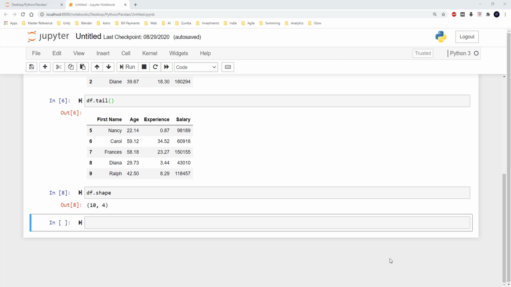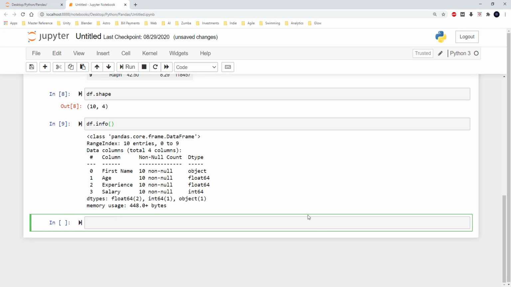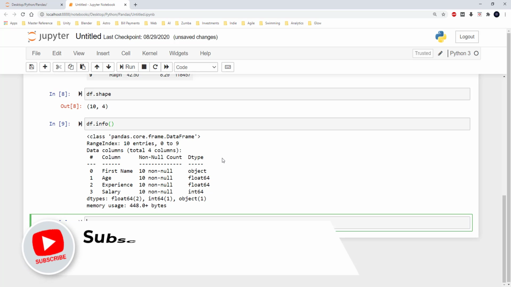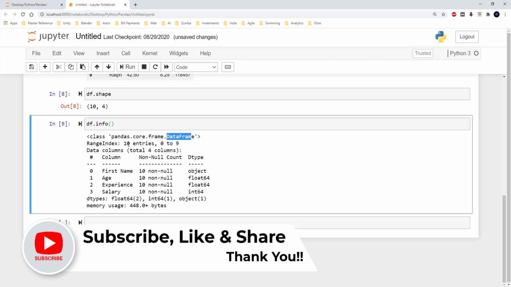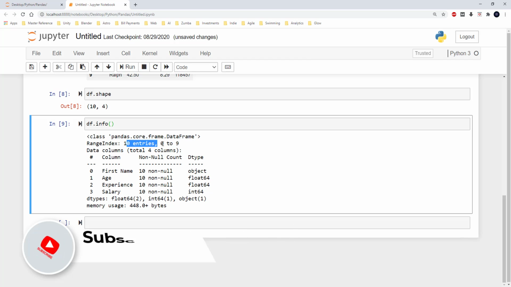If I have to know the technical details of the data frame, then I can use the method df.info. This method gives more technical details pertinent to the data frame. It tells that df is a data frame and that it has 10 entries in total which are indexed from 0 to 9, and it also shows the data type of each of these columns along with the column names and the index.